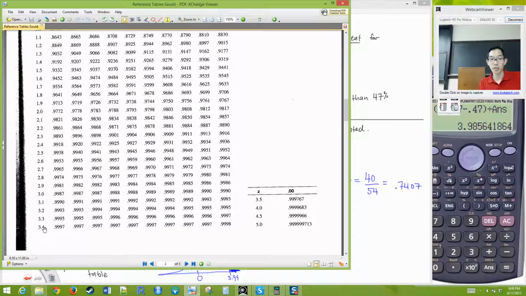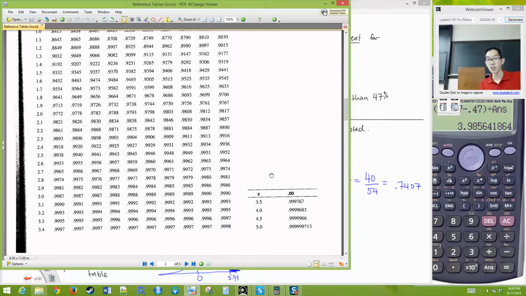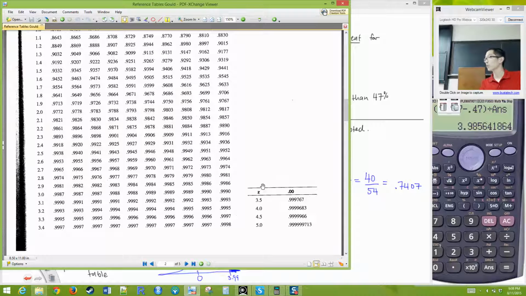It's not there. The biggest number we can look up is 3.49. 3.49 shows up as 0.9998. So 3.99 is off the charts, but we have something very close. We have a 4.0. I would say 3.99 is pretty close to 4.0. And so what do we see here? We get